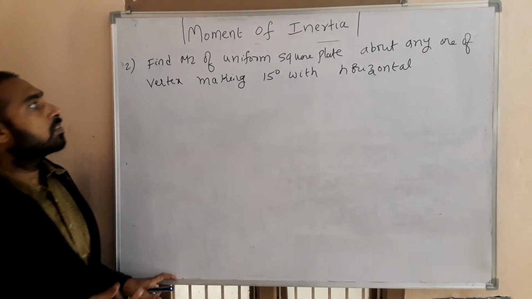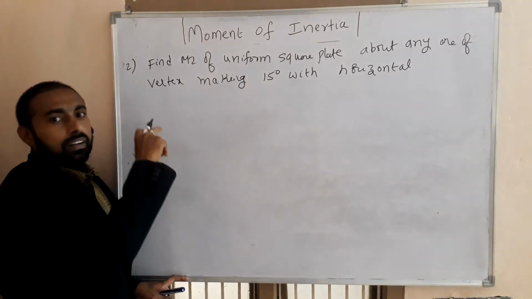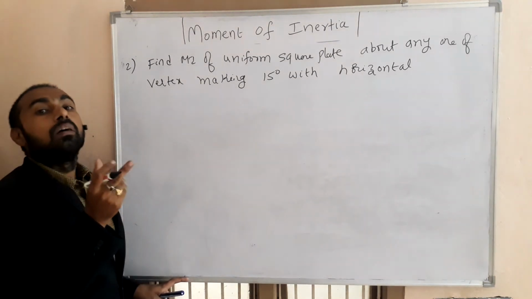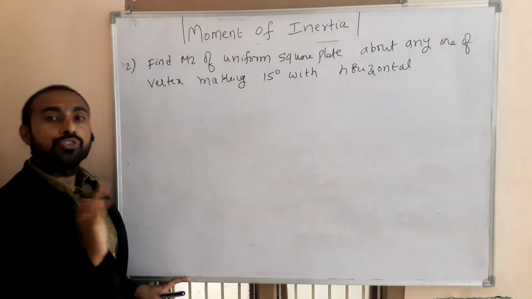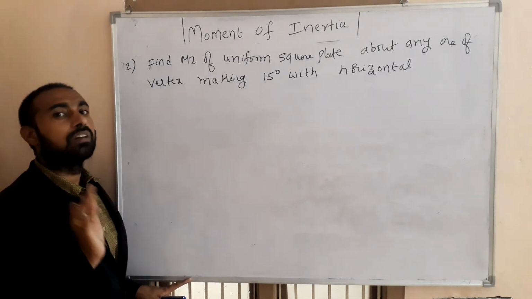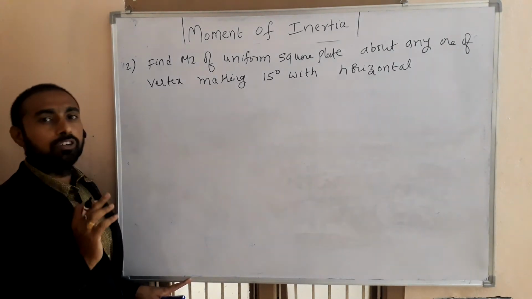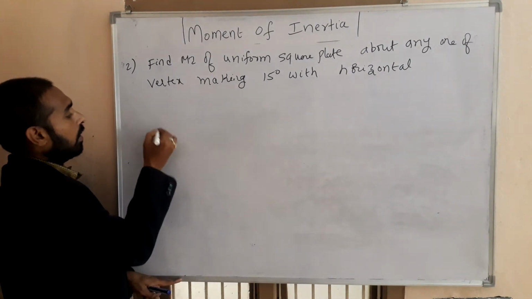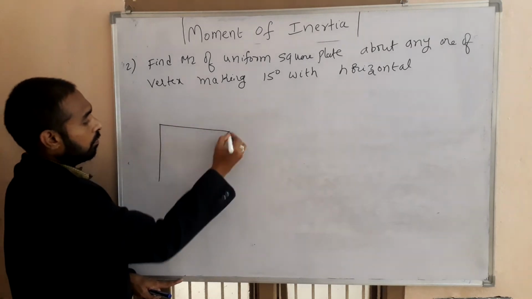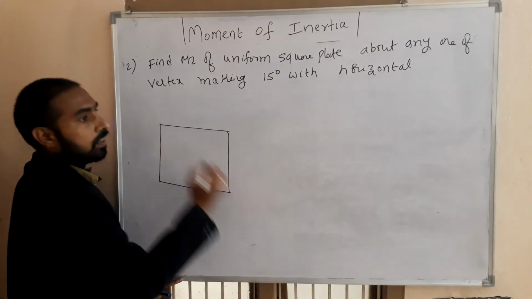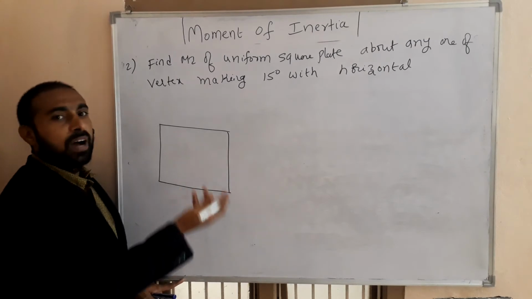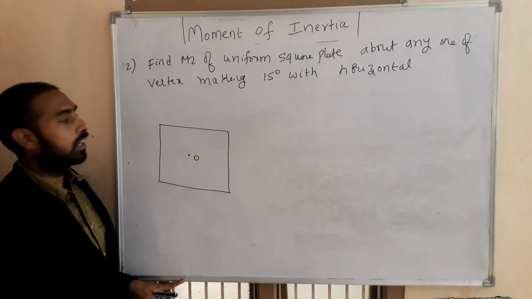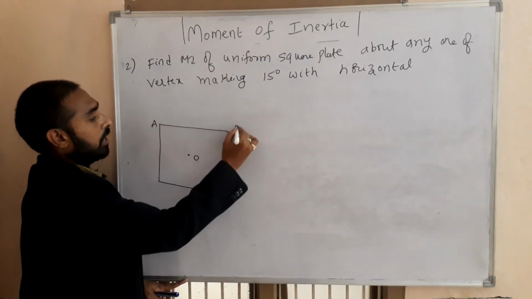So this is also related to the square plate. Okay, the same as the previous question, but this question I would like to solve by using the parallel axis theorem. Before, I solved based on the perpendicular axis theorem. This question I would like to solve based on the parallel axis theorem. Now I would like to draw the structure here. This is the square plate of mass m and length L. This is the center of that. Okay, so I would like to give the name ABCD.